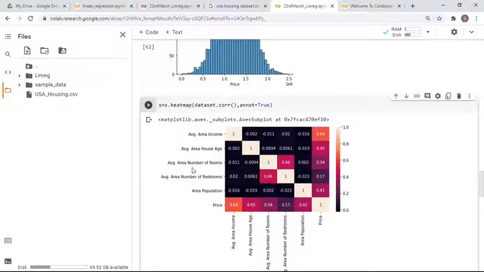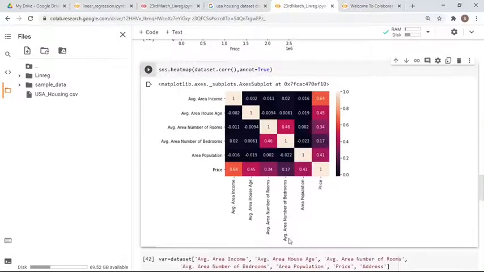Apart from that, we can see that average area number of rooms and average area number of bedrooms also have quite a good value, which is 0.46. The next one is the first highest value, and after that we have this 0.46. Also here you can see this one, not red, a little bit orange, which also has a high value.